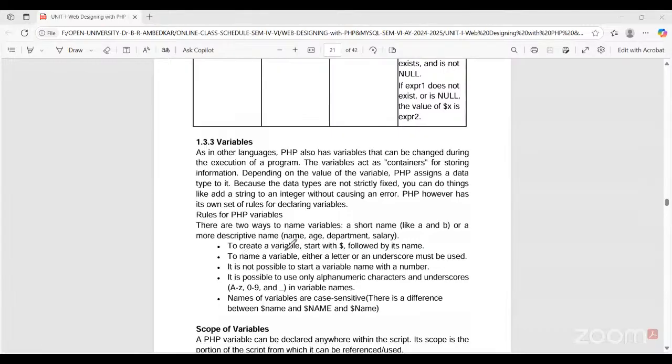To create a variable, it must start with a dollar symbol, followed by a name. Example: the dollar symbol started, followed by some name. So this is one rule. The next rule is to name a variable,